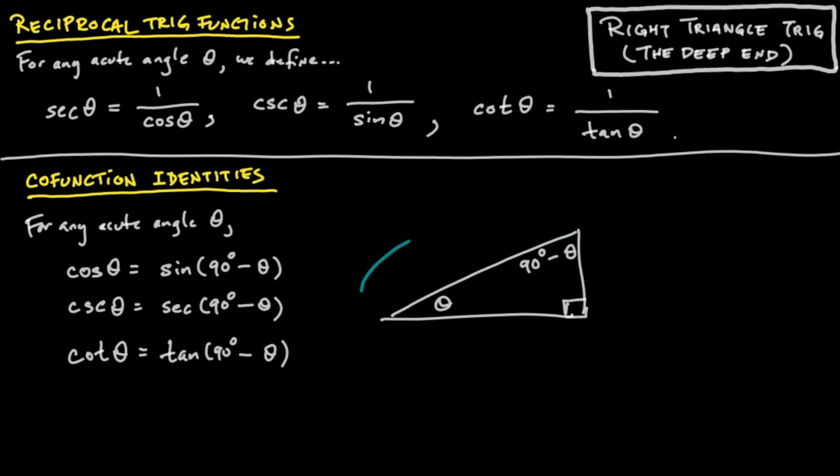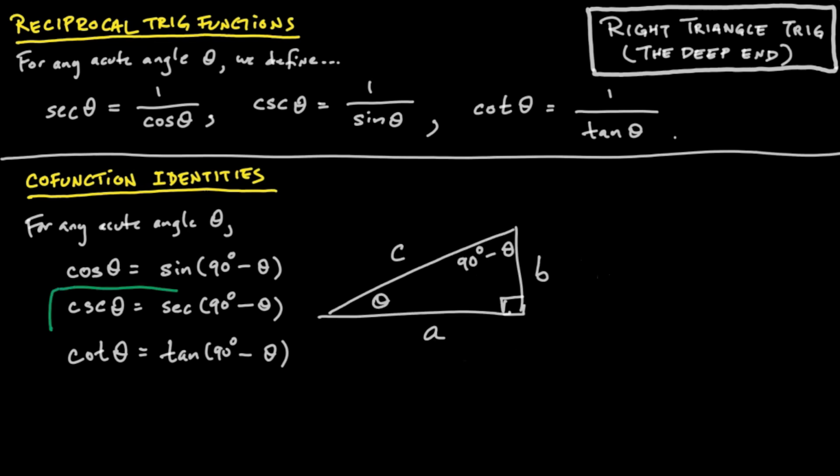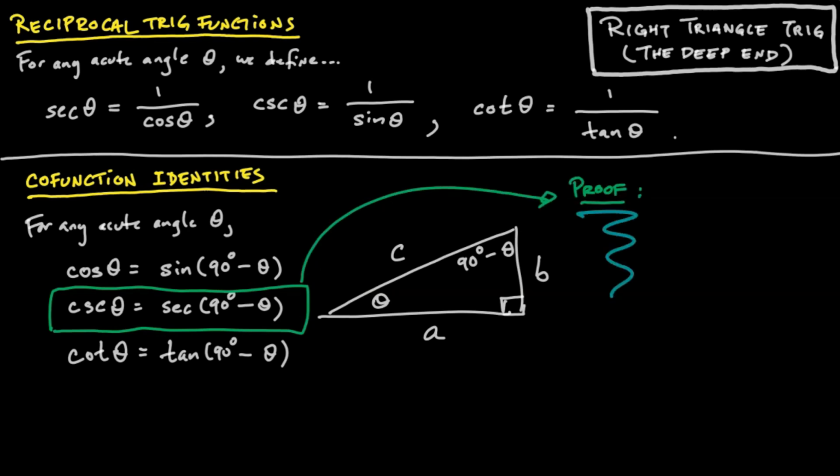So now I have a perfectly general right triangle containing both theta and its complement, which is the kind of thing I'm trying to establish something about in all three of these cases. Let's give the three sides of this right triangle names, such as A, B, and C for the hypotenuse. All right. So if I'm interested in this identity right here, and I want to write down a proof, all